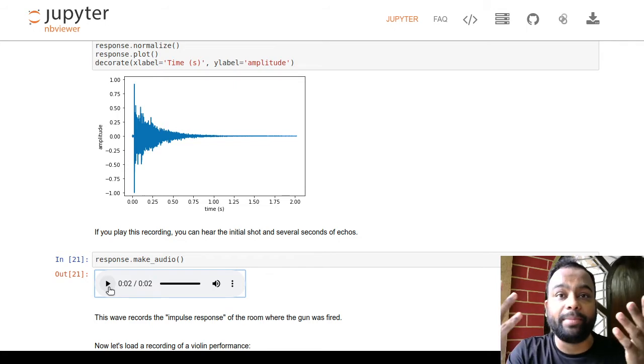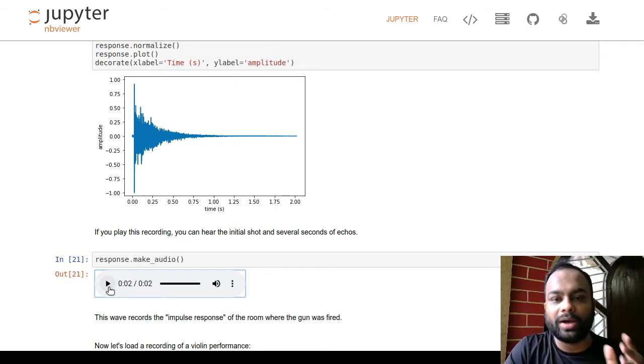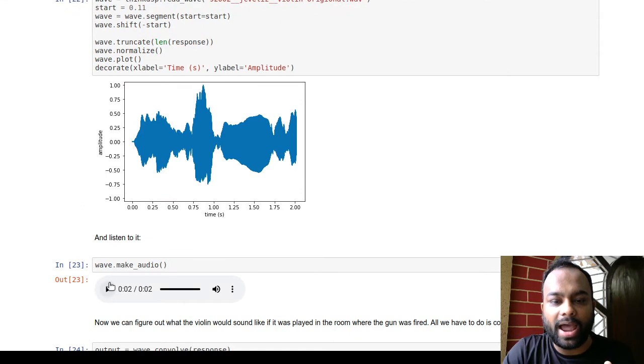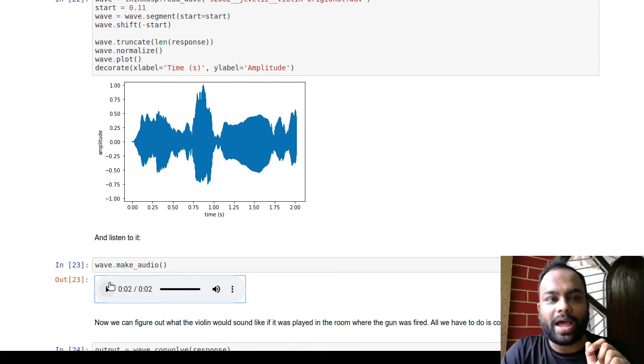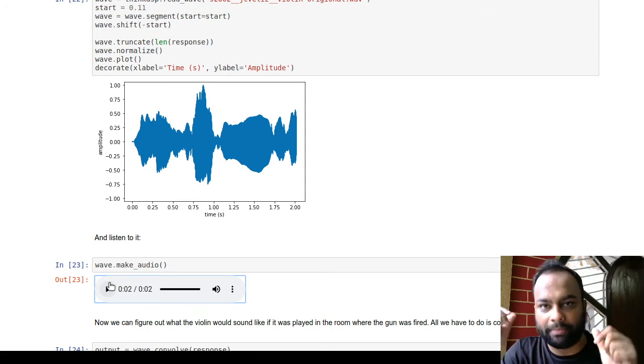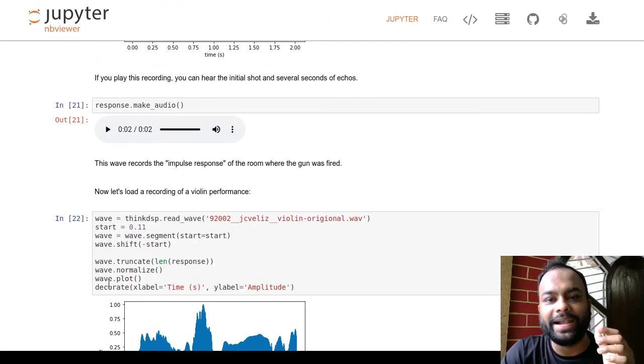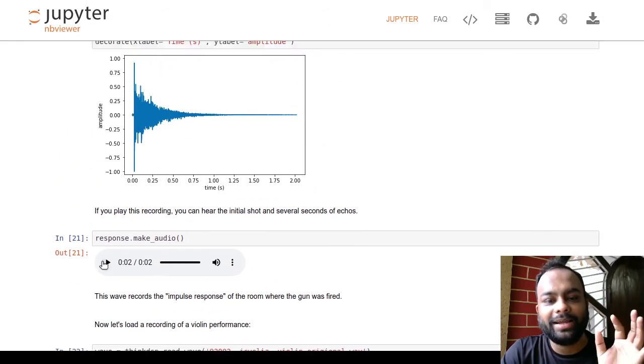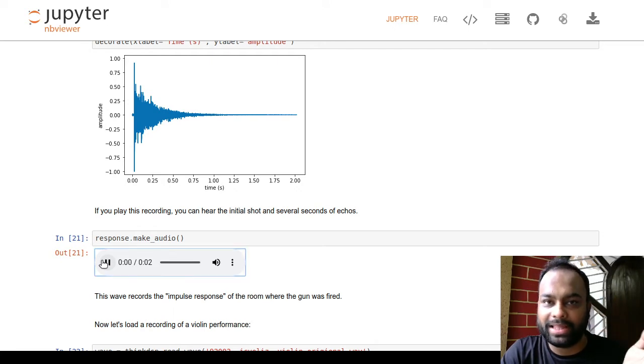So let me go back again. What was our question? Our question was that I'm a poor violinist, right? And I only get to play at my home, right? So I cannot rent an empty hallway for me to play for myself. Okay. But I want to have a feeling of how it would sound in an empty hallway, for example, right? So instead of renting an empty hallway, I just went there somehow and shot a bullet, for example. And this is the gunshot.